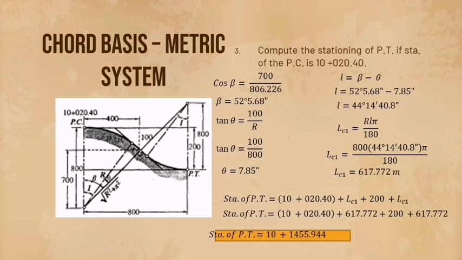So same rin po siya sa chord basis metric system na radius lang ang kasama sa problem na to, at hindi naman po nababago 800 na yon, at wala ulit degree na kailangan. So mag-stay lang po ulit sa answer na station of PT is equals to 10 plus